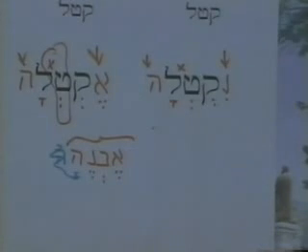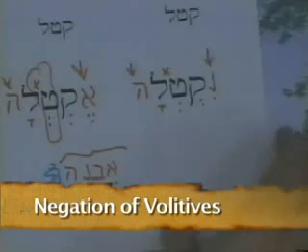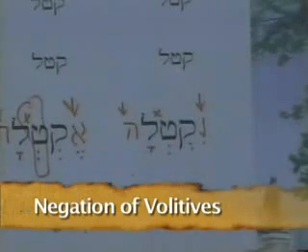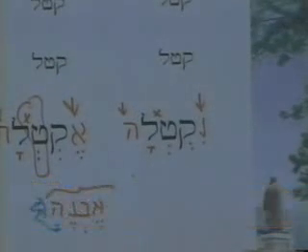whatever. All right then. With that, the one other thing we want to touch upon here is how we negate these forms. Now with the regular form of the verb, we say he will not kill. How? What do we do to yiqtol? Not he will kill, but if we want to say he will not kill, we say lo. He will not kill.